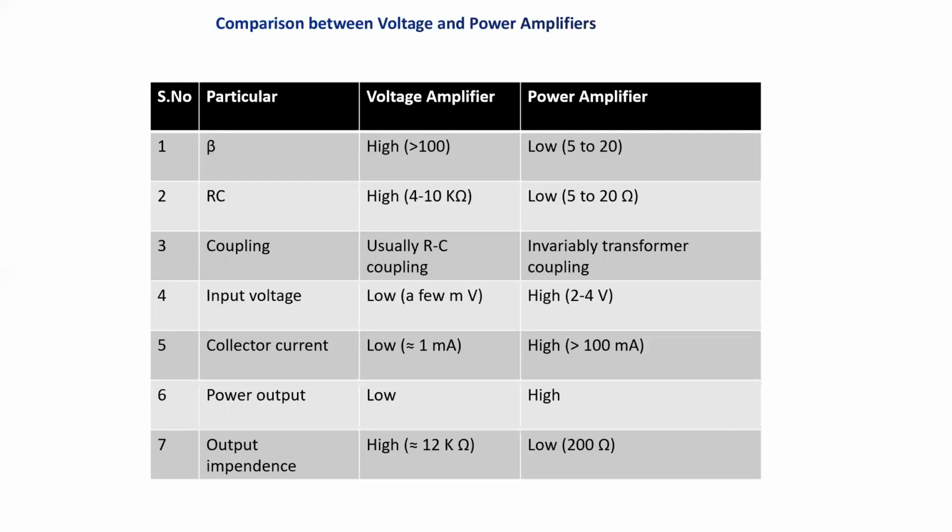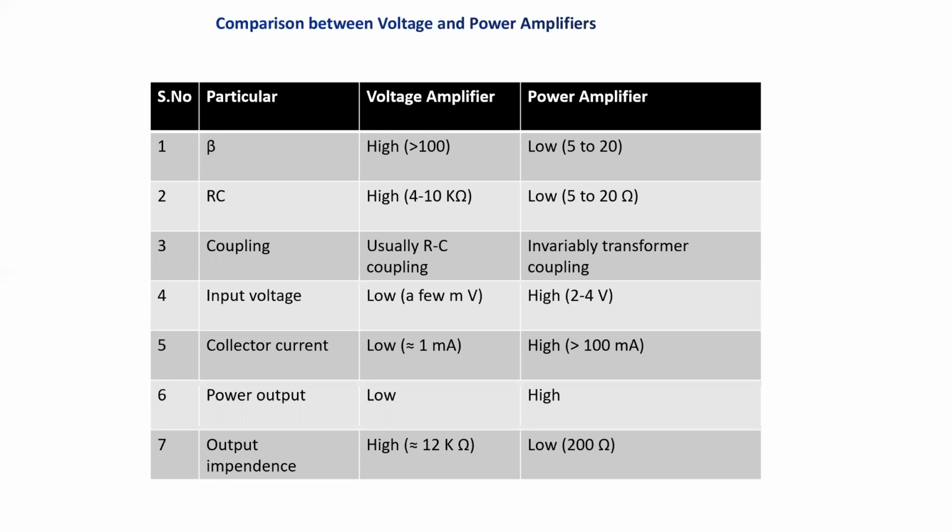The input voltage for a voltage amplifier is very low, in terms of millivolts, whereas the power amplifier amplifies an input signal which is in the form of some 2 to 4 volts. The collector current for a voltage amplifier is very low, whereas the collector current for a power amplifier is high, more than 100 milliamperes. The power output for a voltage amplifier is low, whereas the power output for a power amplifier is very high,